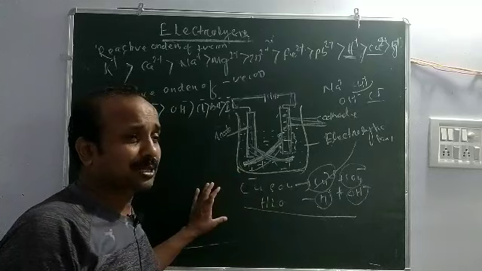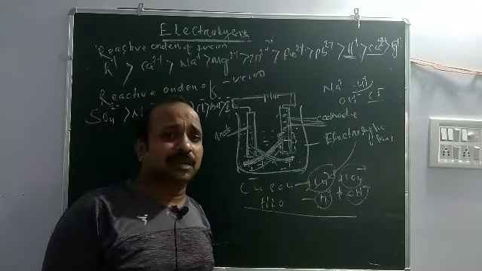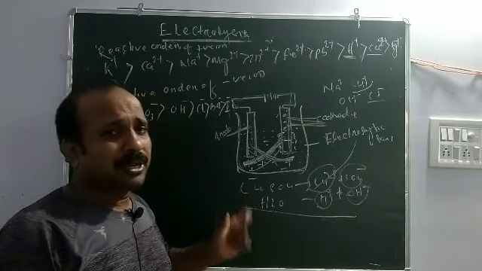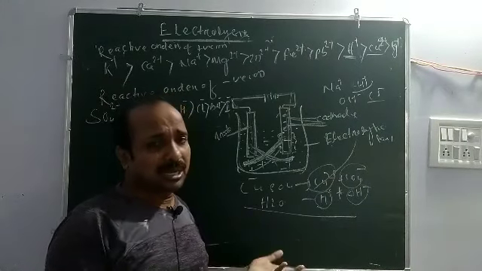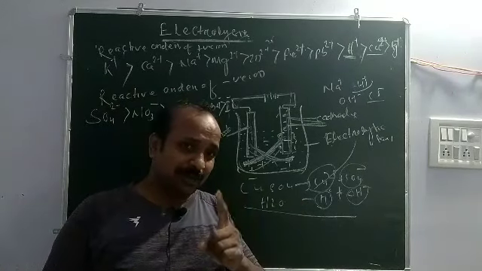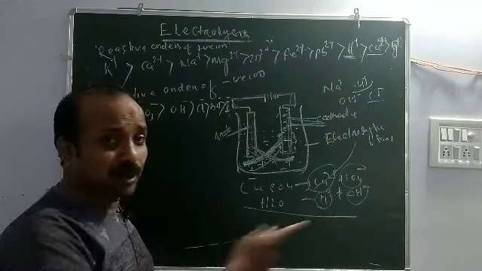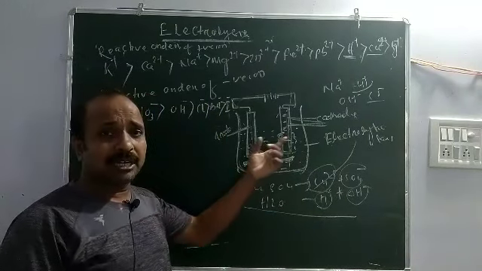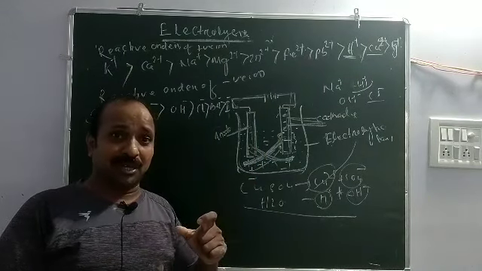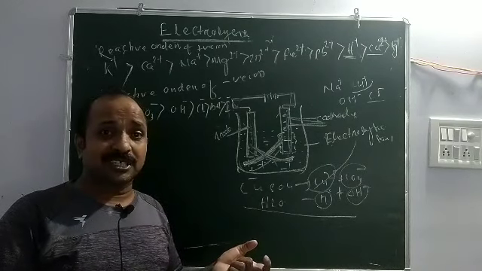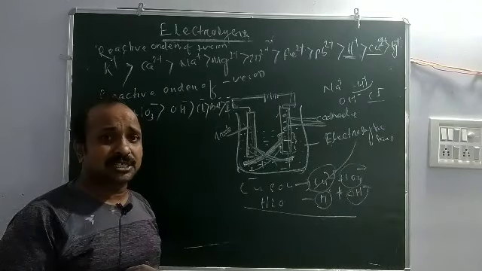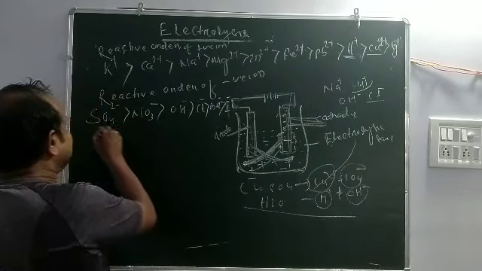This is the most important question: write the electrolytic product of, suppose, an aqueous solution of NaCl or an aqueous solution of CuSO4. In few steps there is no confusion when there is one positive ion and one negative ion. The positive ion obviously goes to the cathode and the negative ion obviously goes to the anode. But when more than one ion is present in solution, you find out which one is more reactive and which one is less reactive.